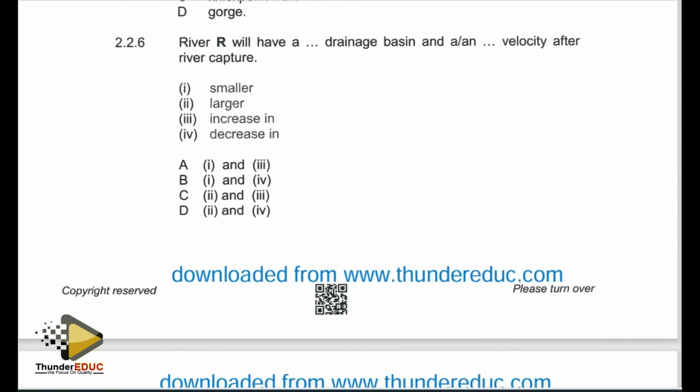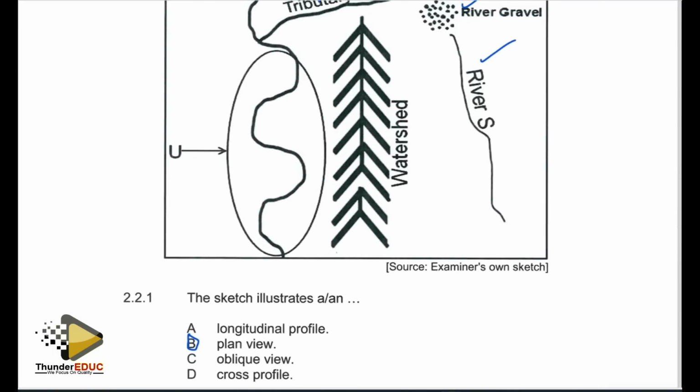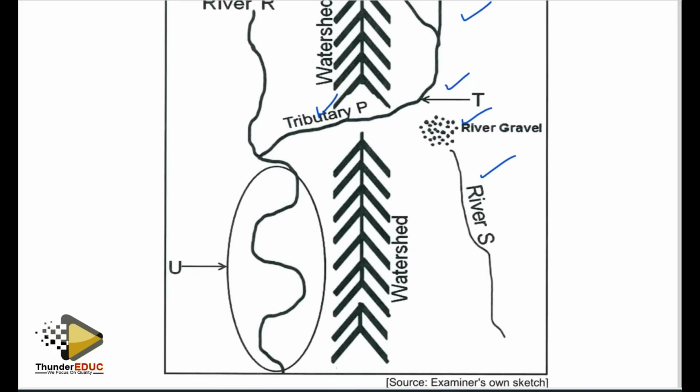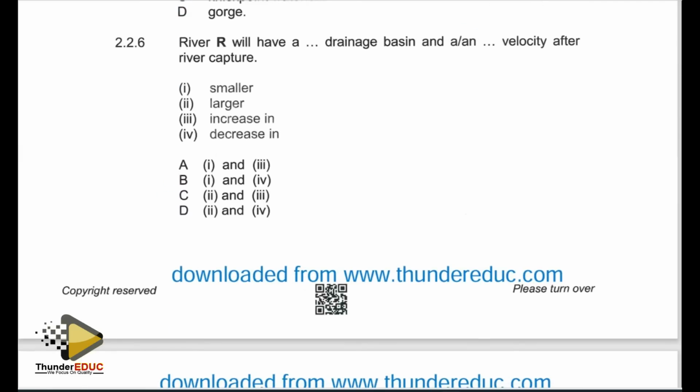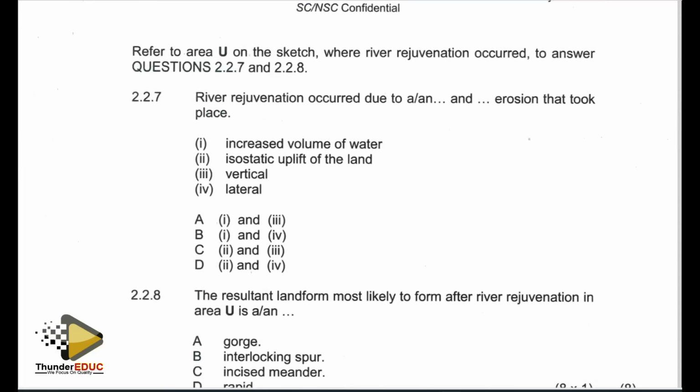And the velocity, how is it influenced by the process of capture? If there's more water in the river channel, it means the river has more energy. It flows much faster when it has more water. So it's larger and an increase of velocity in that river. So the correct combination is item number 2 and item number 3. Item number 2 and item number 3, they come on number 2.26, option number 6. That is the correct response. We move on to the next question.